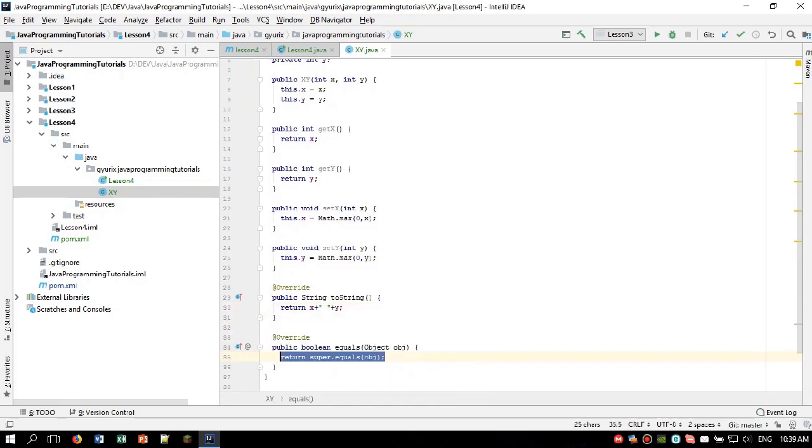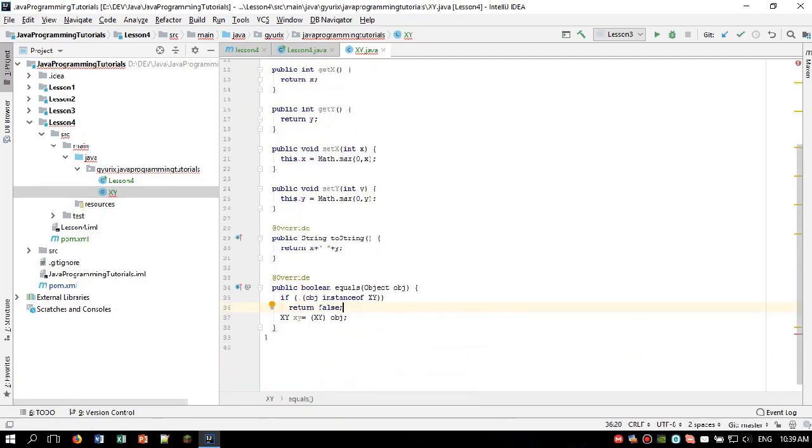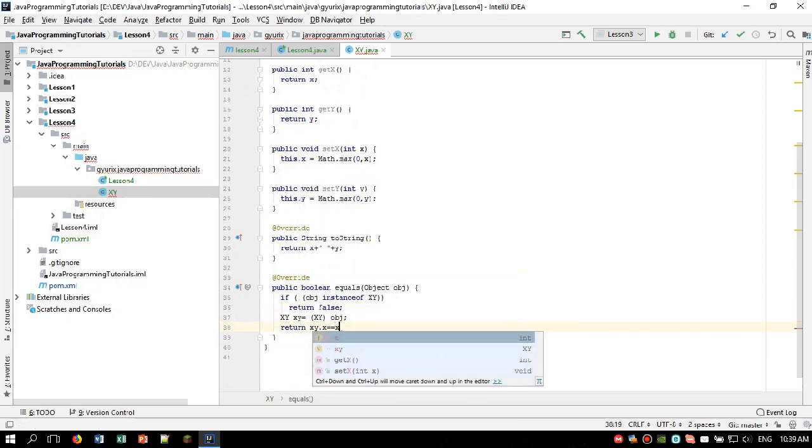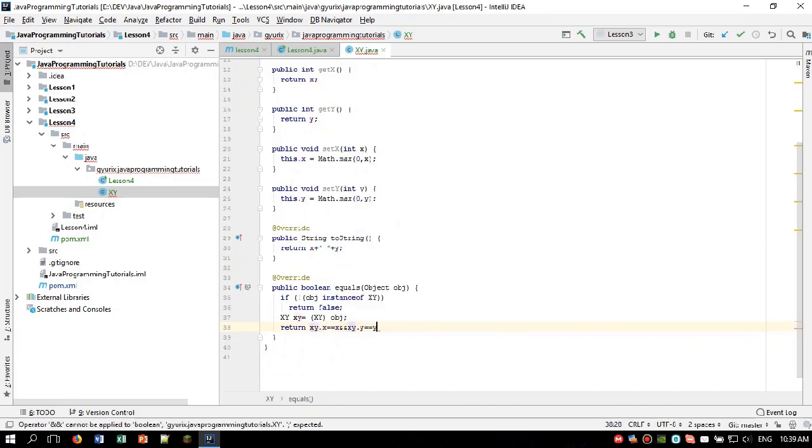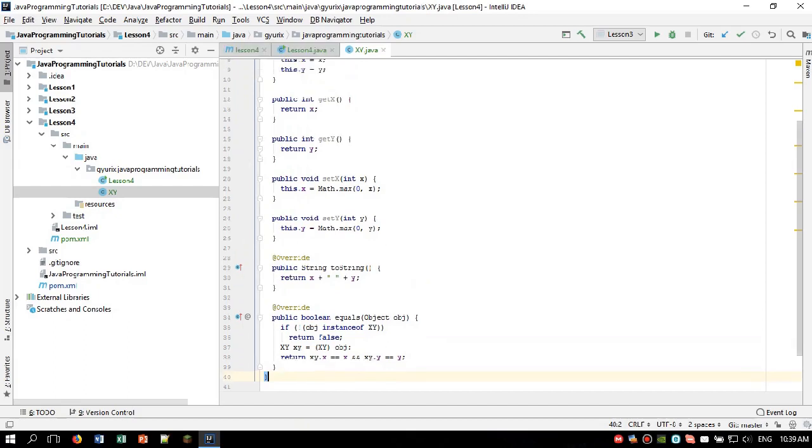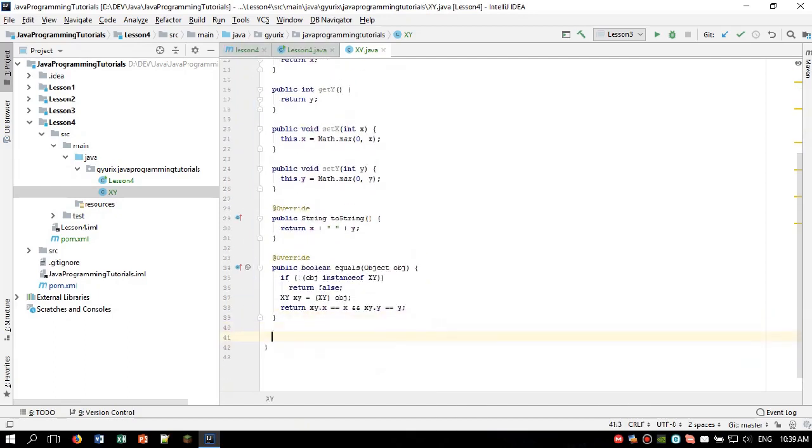We are also going to create an equals method which will first of all verify if we are trying to compare it with the xy, and if we are not trying to compare this class with another xy class, then we are going to return false. It means that it doesn't equal, because xy can only equal to another xy. And the second thing we are going to do is casting the object to xy and verifying if the given object's x and y coordinate matches xy's x and y coordinate.